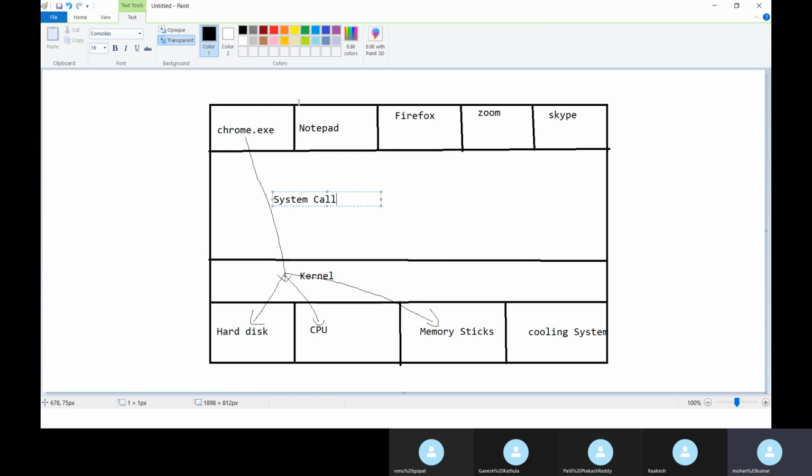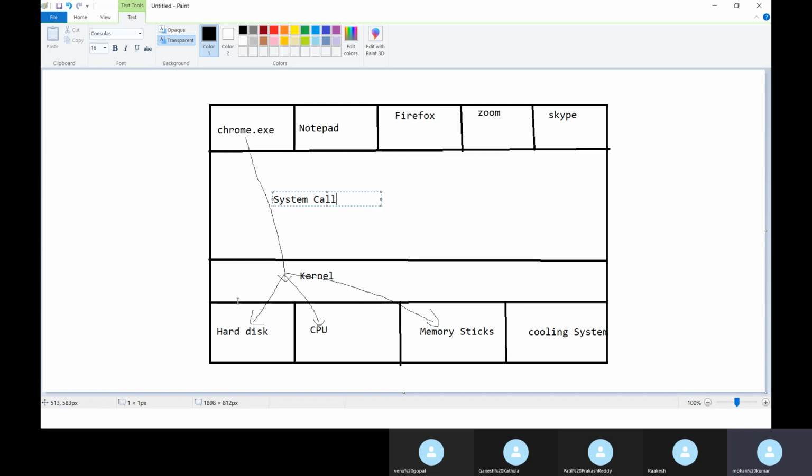Let's say in Notepad I wrote something and now I'm saving it. Once I click save, a system call is made to the kernel, asking it to save the data entered in the Notepad onto a particular hard disk. The kernel understands the call and acts accordingly, distributing the hardware resources that are available.